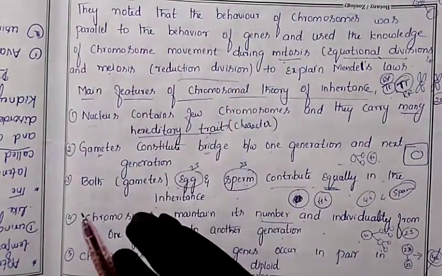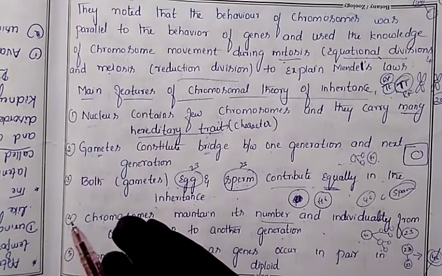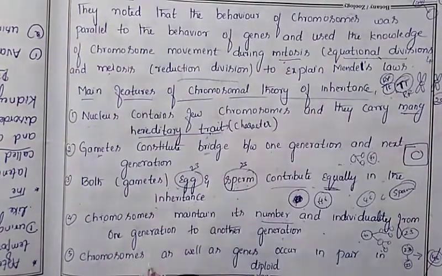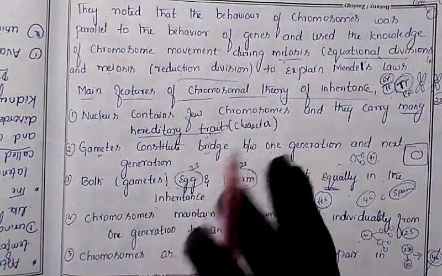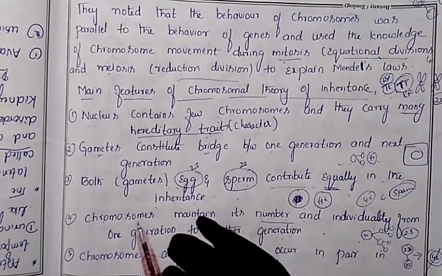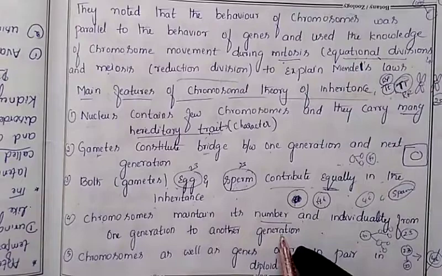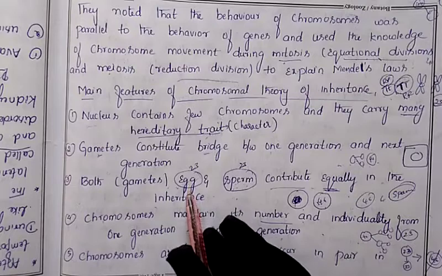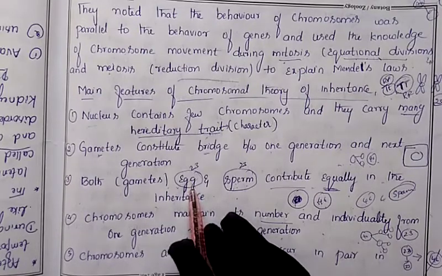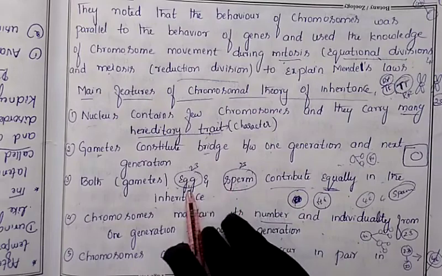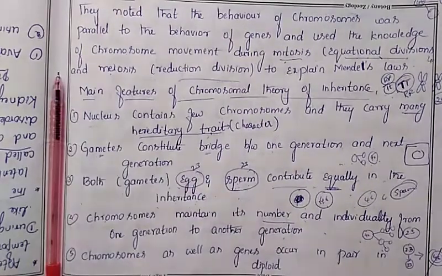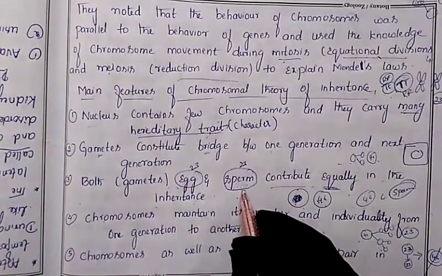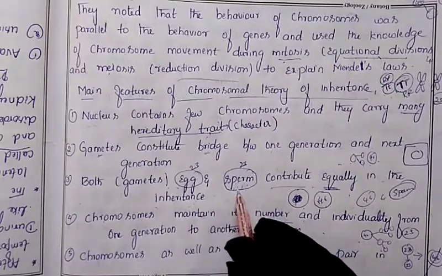Our grandparents' generation has 46, our mother's generation will also have 46, in our generation also we will have 46, and the next generation will also be 46 only. It will not change here, and it is due to the benefit of meiosis, because through meiosis only, the set of chromosomes in the sperm and the egg gets reduced to half. You have already studied the production of the egg and sperm in your third lesson. The egg is produced in the female body through a process called oogenesis, whereas the sperm is produced in the male body through a process called spermatogenesis. This process takes place through meiosis cell division.